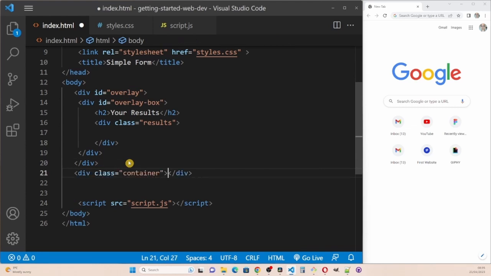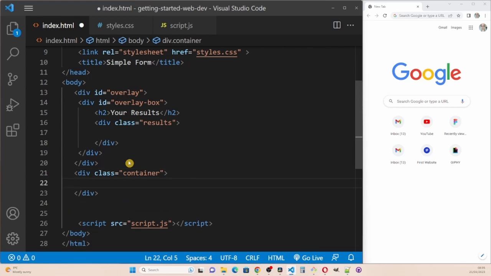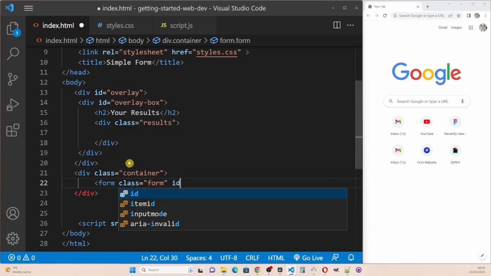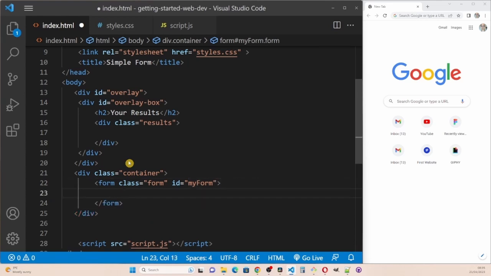Down here I'm going to create a container with the class container. I'm going to create a form with a class of form and an ID of my form. I'm going to give it an h1 tag, example form,